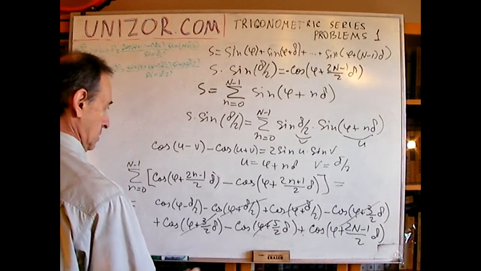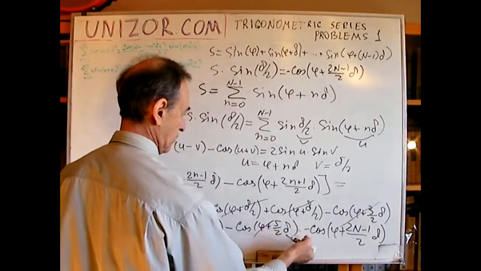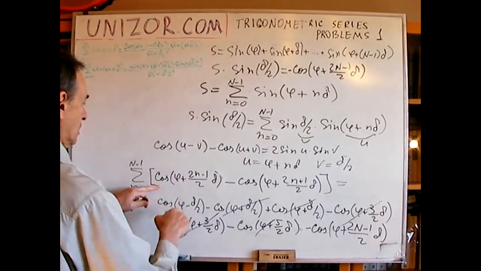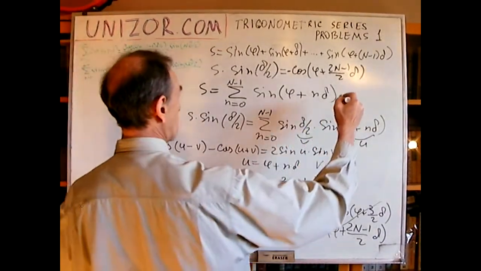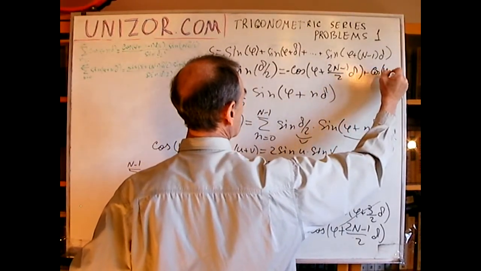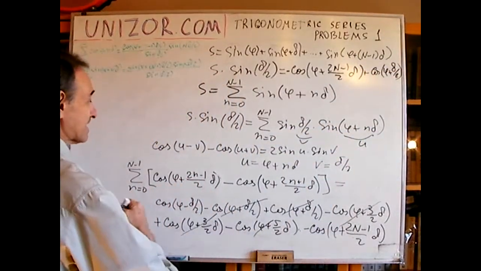Right? Yes, minus sign, because the previous one with a plus sign will be reduced. And the one which in the beginning would be with a plus sign, cosine of phi plus delta over 2. So that's the result